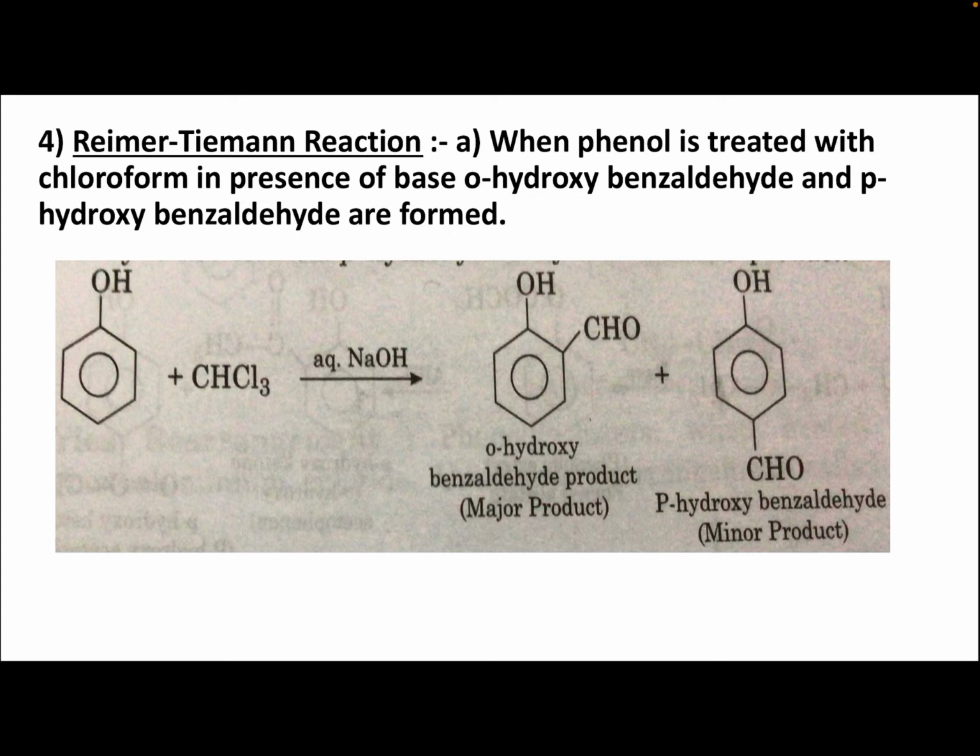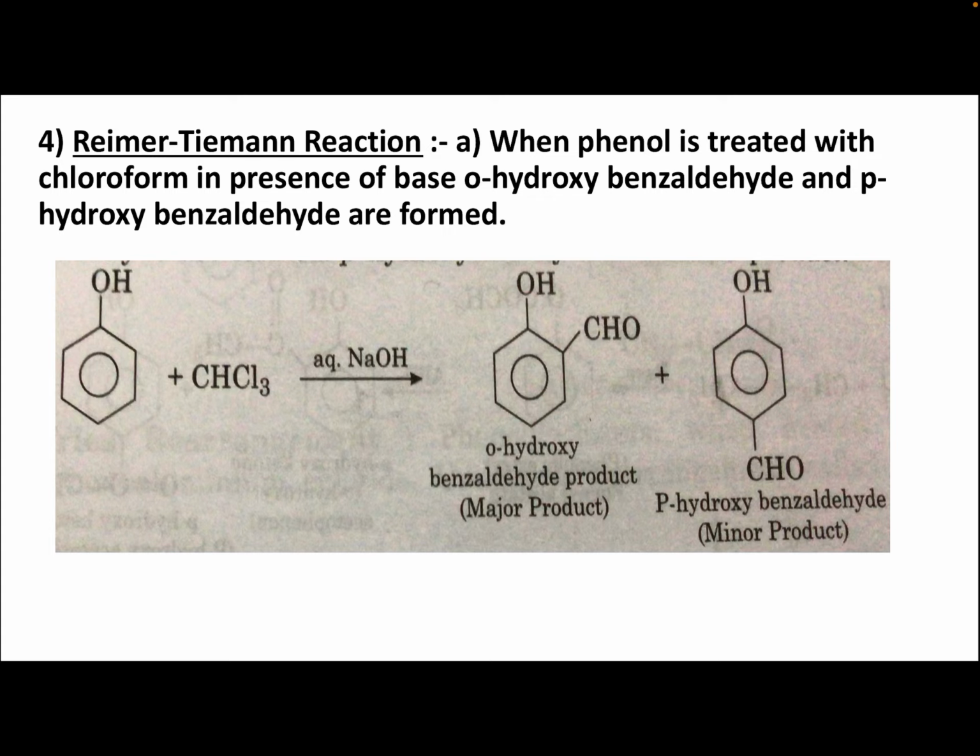Next, the Reimer-Tiemann reaction. When phenol is treated with chloroform in the presence of base, ortho hydroxybenzaldehyde and para hydroxybenzaldehyde are formed. This is known as the Reimer-Tiemann reaction. In the Reimer-Tiemann reaction, there are two reactions. First is when phenol is treated with chloroform, CHCl3, in the presence of base NaOH, we are getting